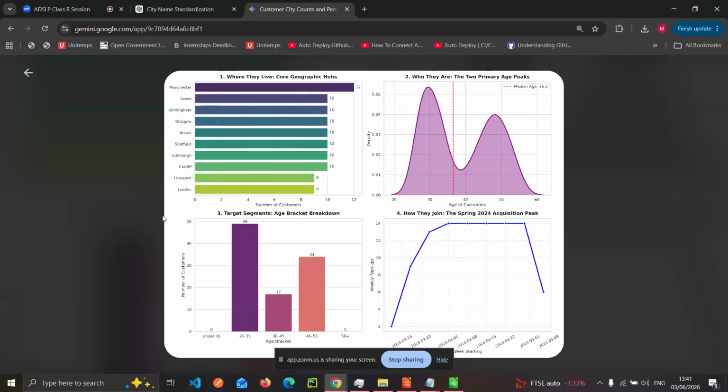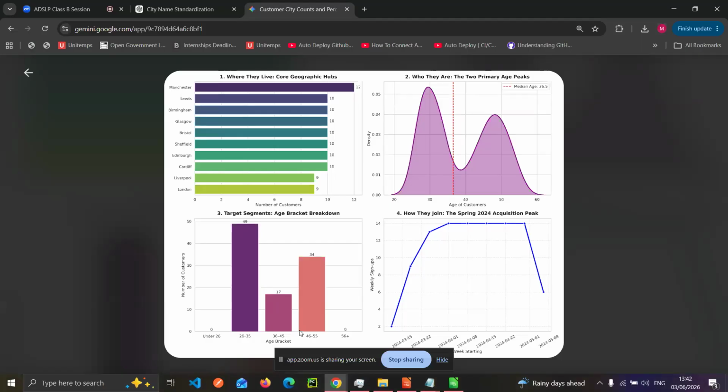Thirdly, the target segments, that is the age bracket breakdown. And you could see here that the majority of the customers are between the ages of 26 to 35, followed by 46 to 55 and 36 to 45. Now, why is this data important? Because just imagine you are trying to do a marketing campaign and you are trying to capture more youths or people in a particular age range.